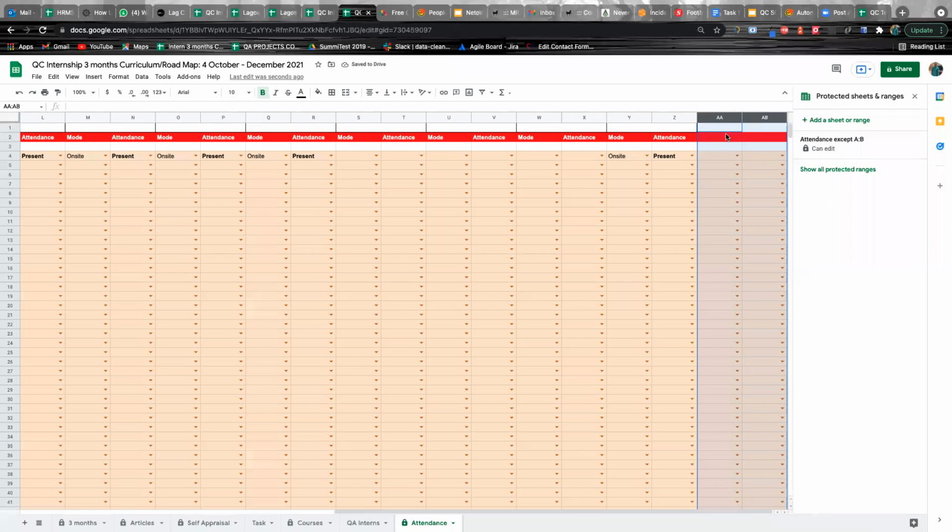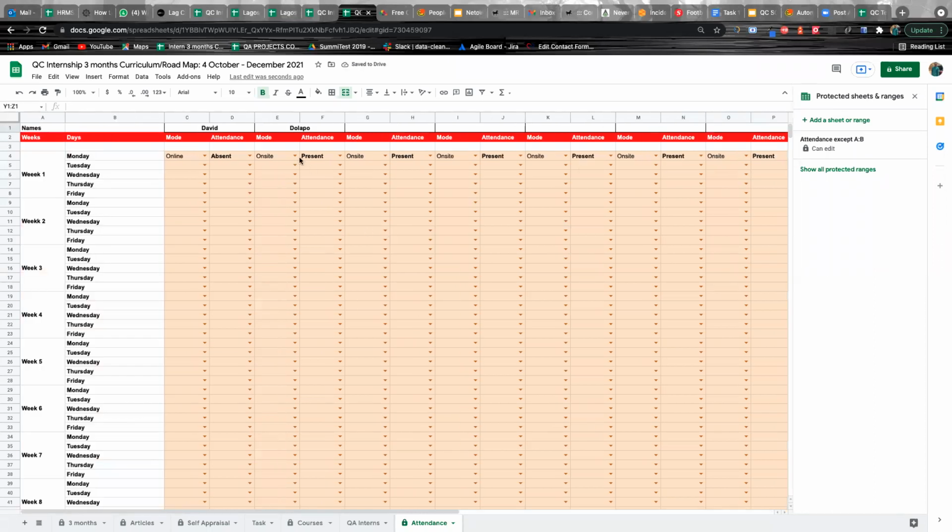Once that is inserted, you add mode, then attendance, then you add your name. Every one of us needs to do this. That will be all. Attendance is very important and very crucial for us to fill in. I hope you all understand.